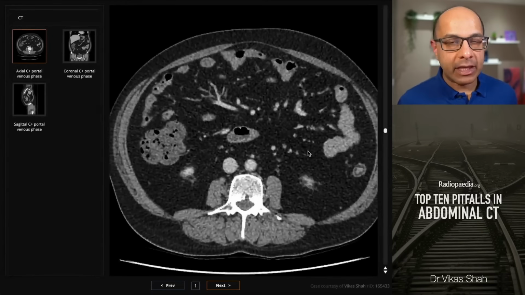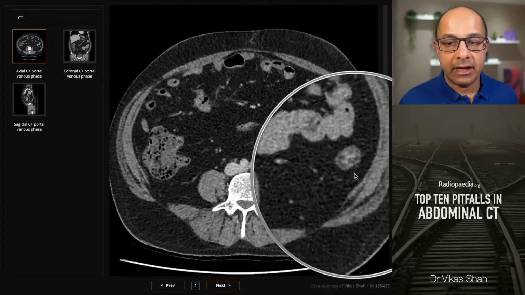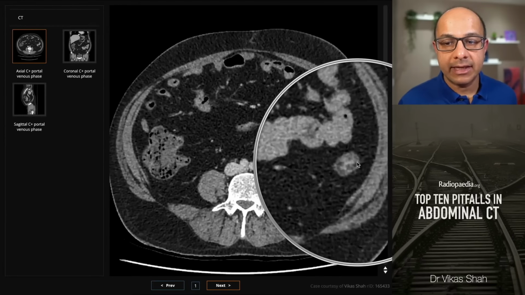But I just want to also make you aware of something, which is the utility of that submucosal fat in patients who've got long-standing UC, because you know that colorectal carcinoma is a long-term risk of ulcerative colitis. So if you've got someone like this who's got this nice fat stripe in the submucosal space, when you're doing a follow-up CT,